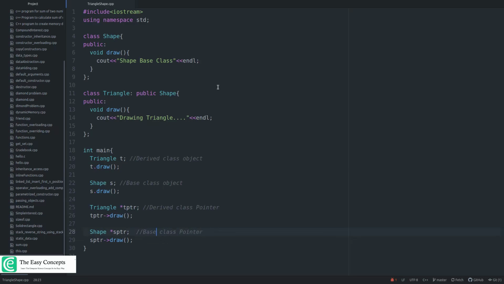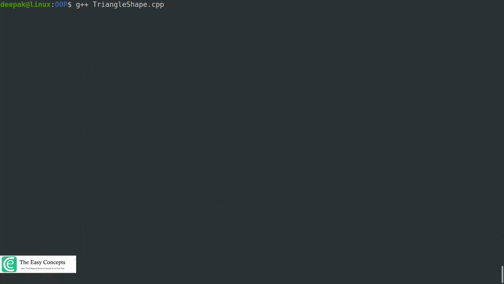So let's go to the terminal and run this program. Let's compile this program. The triangle shape.cpp program is compiled successfully. Now you can run the program, and the first one is drawing triangle, then shape base class, drawing triangle, and shape base class, and it's working as expected, right?